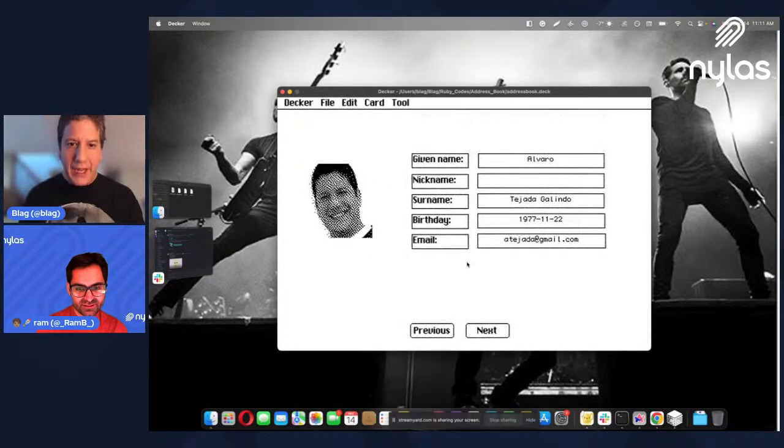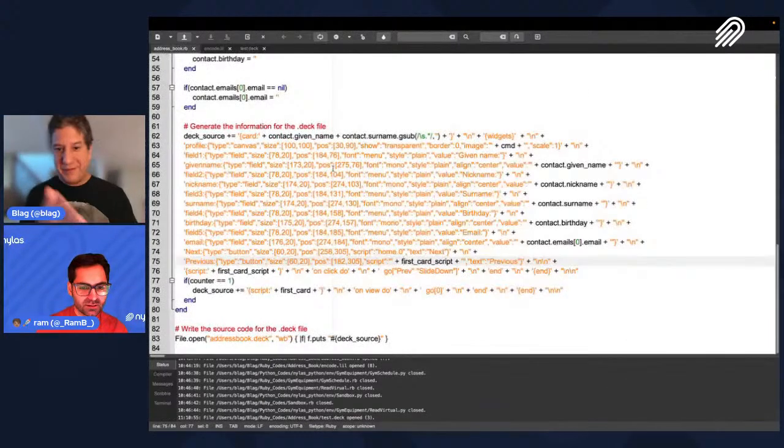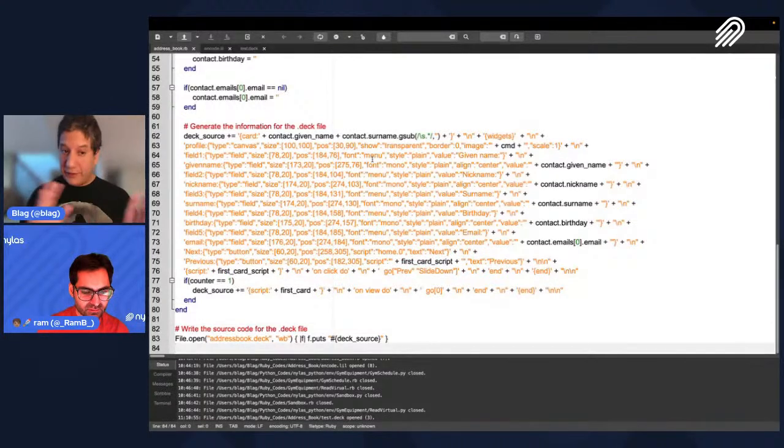So pretty much what I did, and I'm not sure if it's smart or not, is I kind of laid out everything. Yep. You created the layout first. Then I went to the source code and I was like, okay, this is supposed to go here, this is supposed to go here. Gotcha. And then I just put it here so everything falls into place. Okay. Then once everything is done, so I have a long string with all the information, I simply save